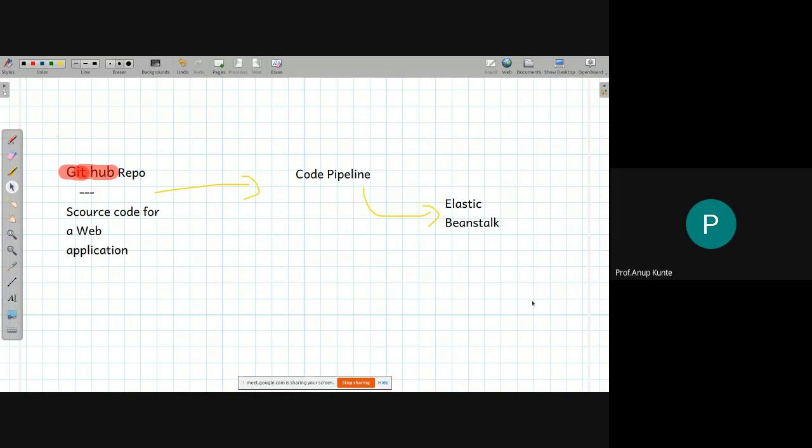Besides this, it also maintains the elasticity. That is, if I have a lot of requests coming my way on my application and it starts increasing in amount of resources required, Elastic Beanstalk also has a provision to scale up and scale down as per the user requirement or as per the application requirement, which is generally not possible when you use a static hosting